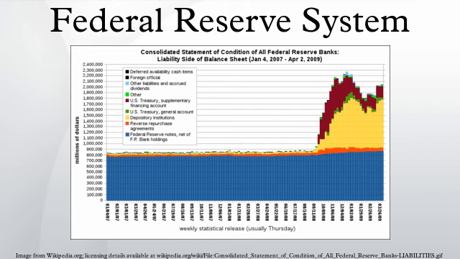Another instrument of monetary policy adjustment employed by the Federal Reserve System is the fractional reserve requirement, also known as the required reserve ratio. The required reserve ratio sets the balance that the Federal Reserve System requires a depository institution to hold in the Federal Reserve banks, which depository institutions trade in the federal funds market discussed above. The required reserve ratio is set by the Board of Governors of the Federal Reserve System.